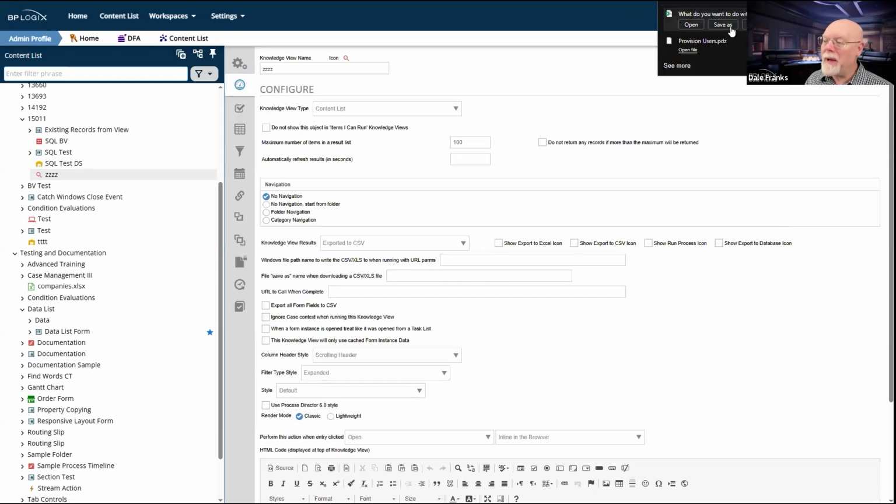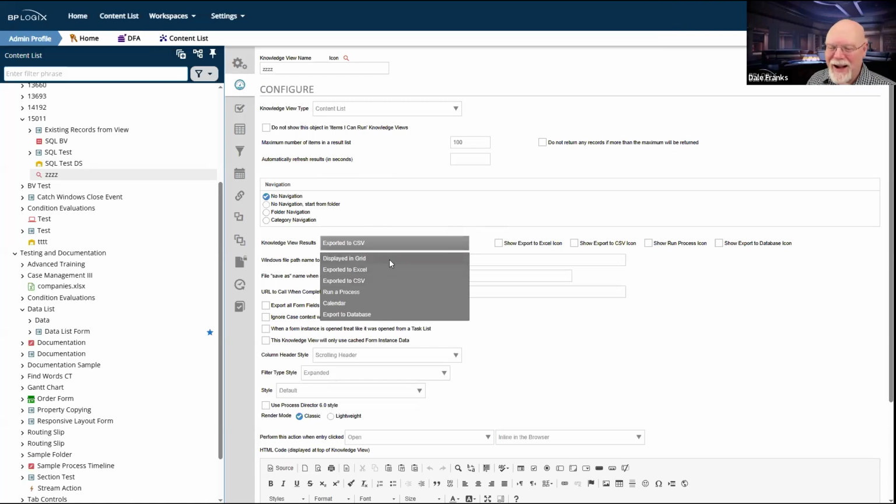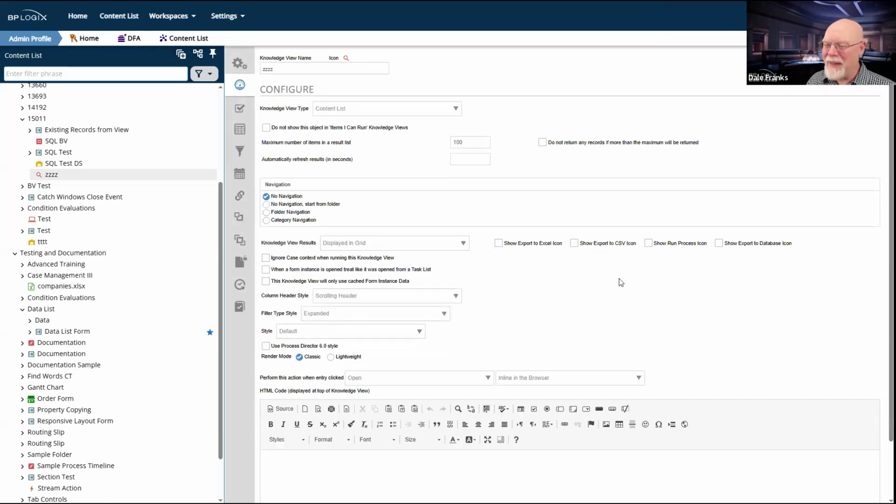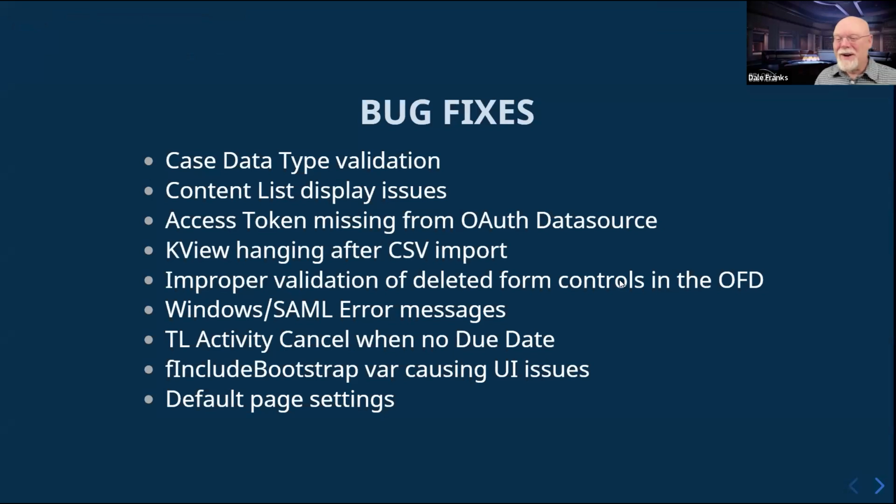Well, what would happen is, it would say, what do you want to do with CSV? And we could hit save, and that would be fine. That would all work. What would happen, however, is this entire screen would freeze. So the export worked. It did what you expected it to do, and then it just froze Process Director, and you had to reload the screen. I don't know why it was doing that, but I ran across it, and it was mightily irksome at the time for what I was working on. And it was apparently irksome for one of our customers who also reported it. So that no longer happens, as you just saw. Everything just worked.